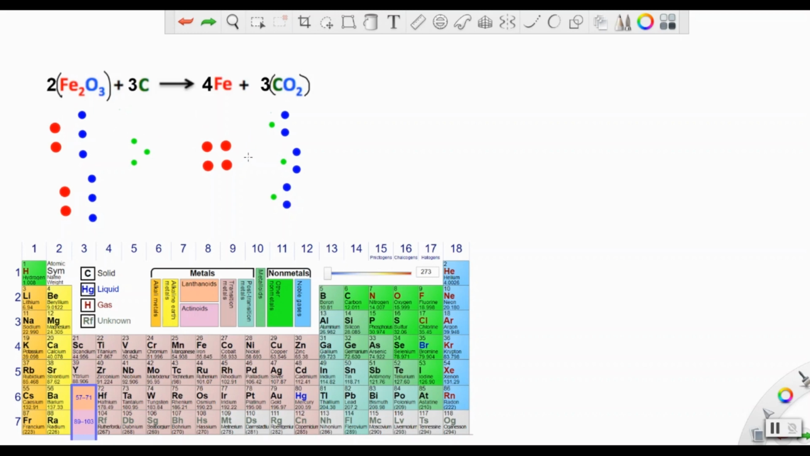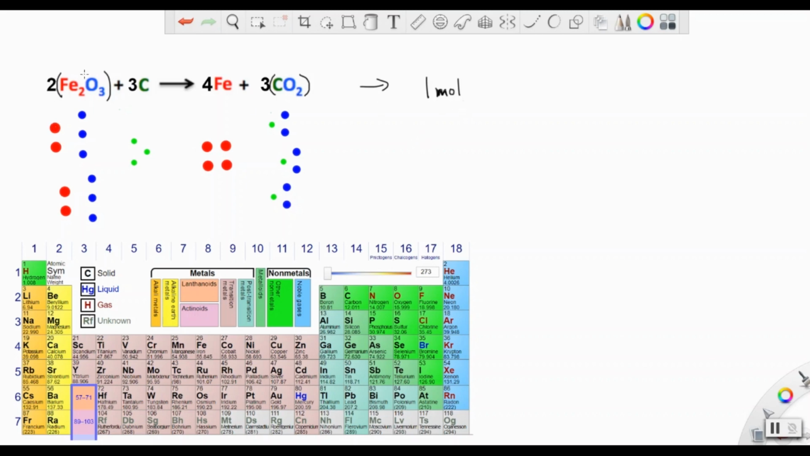How does that relate to our large number, Avogadro's number? Well, if this is true for 4 iron atoms and 6 oxygen atoms and 3 carbon atoms, it is also true for 4 moles of iron atoms. And so we can actually look at this in terms of moles. Remember, if you have a mole of cats, you have 6.02 times 10 to the 23 cats,